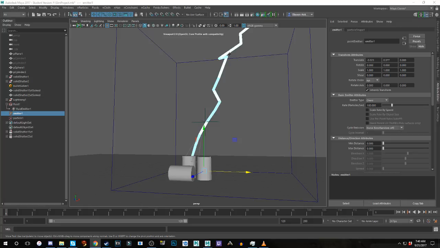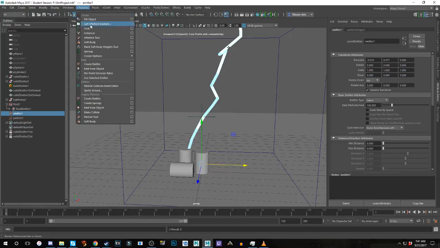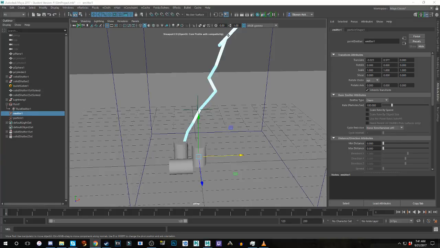So to get started, I'm going to use a particle emitter to create the source for the explosion. And I'm going to make it a volume emitter. And the reason I want to use a volume emitter is just because